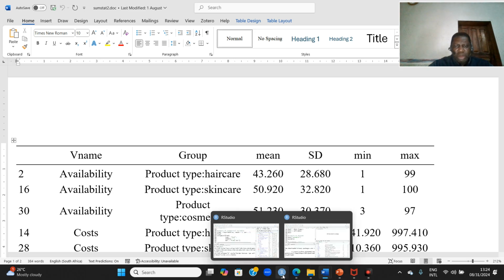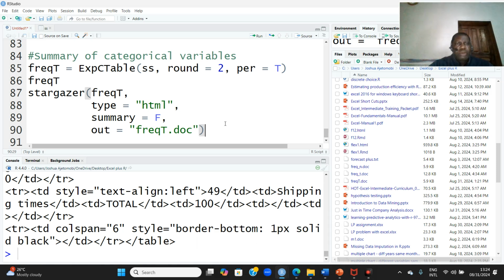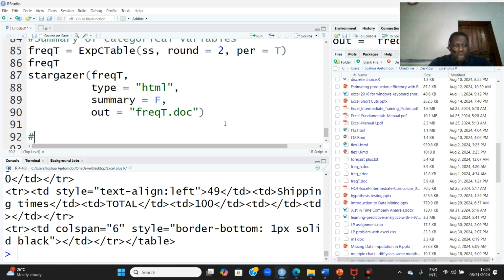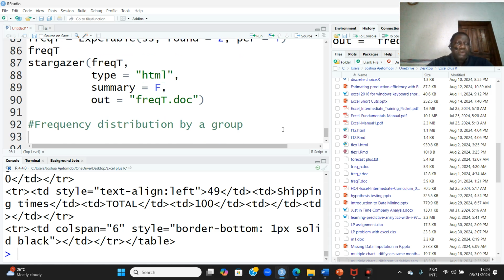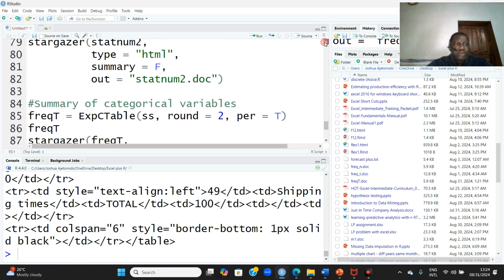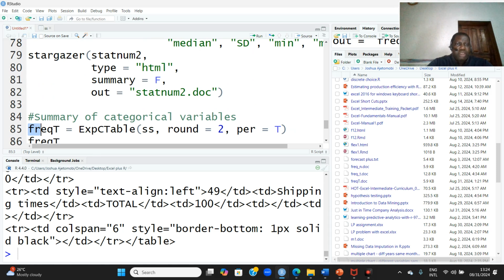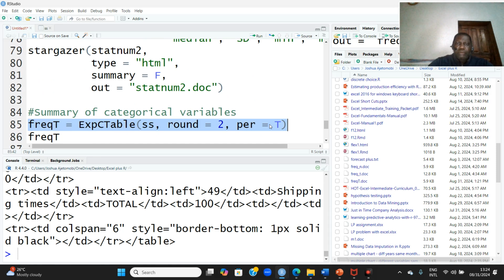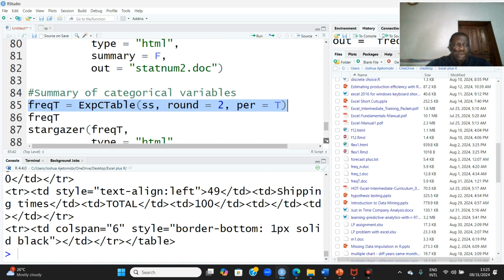So if you want to do that, let's go back to RStudio. So that would be frequency distribution by group. Frequency distribution of categorical variable, CATVAR. So again, you can just copy this to save time. This is freq T. Copy. So you come here,